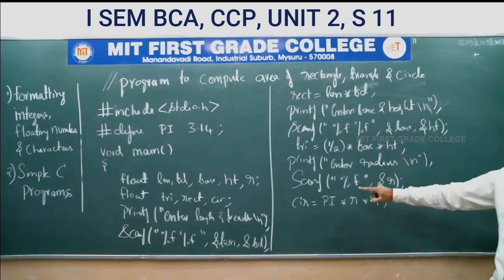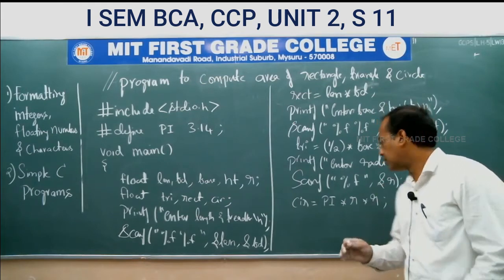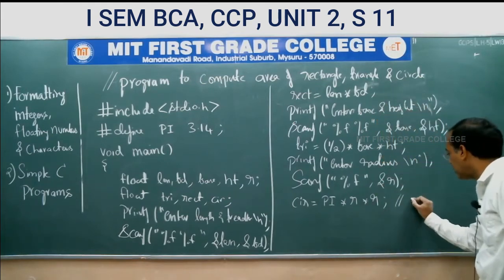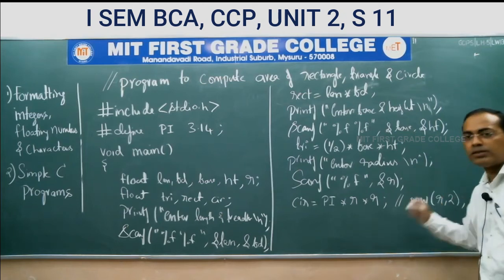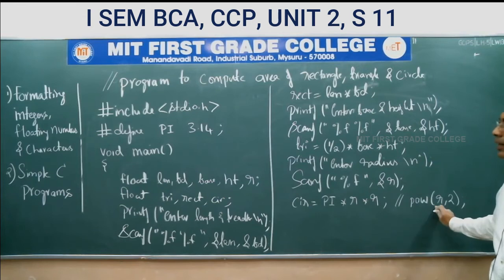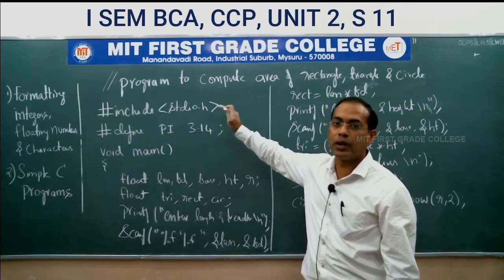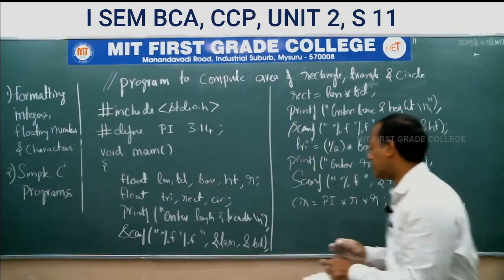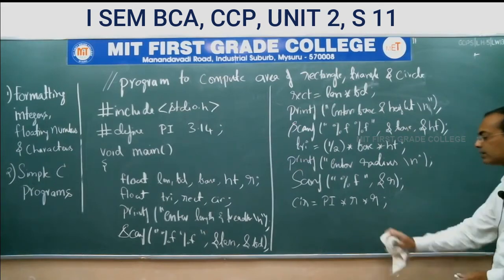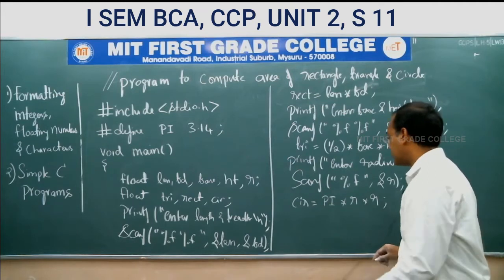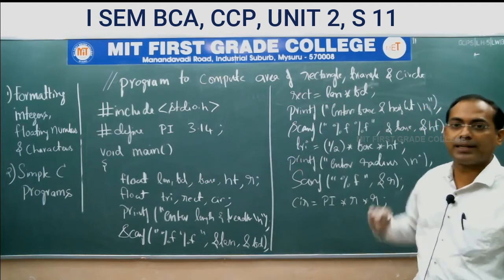Students, I have used multiplication two times. However, you can also use mathematical functions, for example pow(R, 2). So this also will calculate the power. If you want to use this, then you need to include the math.h library. Since I am not including math.h, I am just using the R into R multiplication. We have computed the area of circle, triangle as well as rectangle.